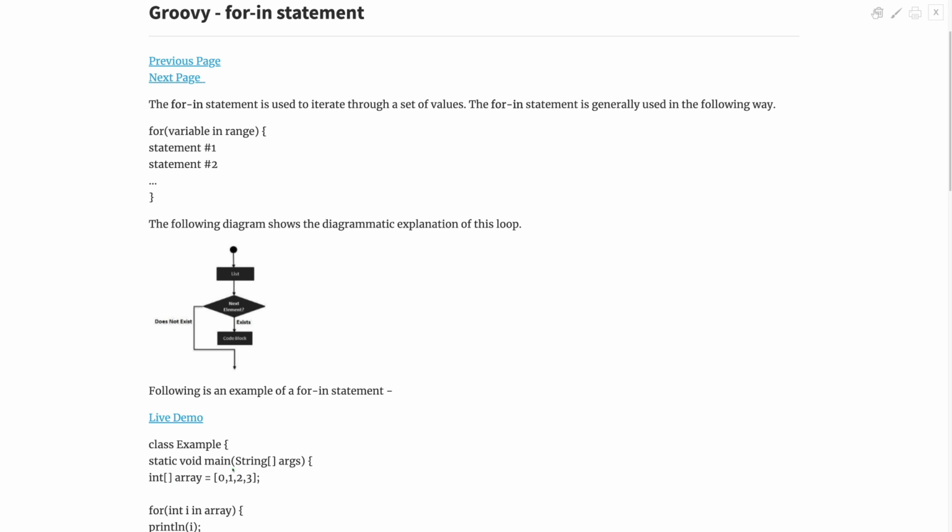So arrays are basically created in square brackets, and then you start by defining values separated with commas. It's pretty simple. So you can define the type as well.